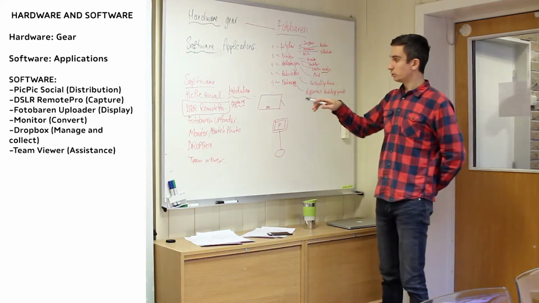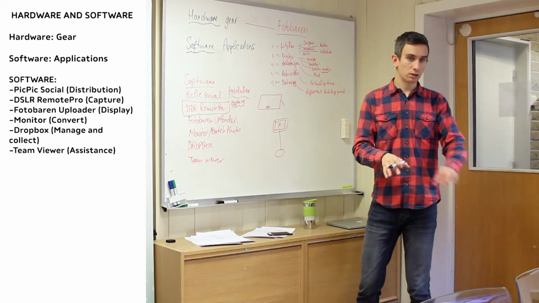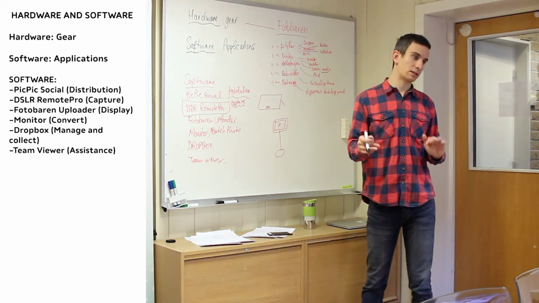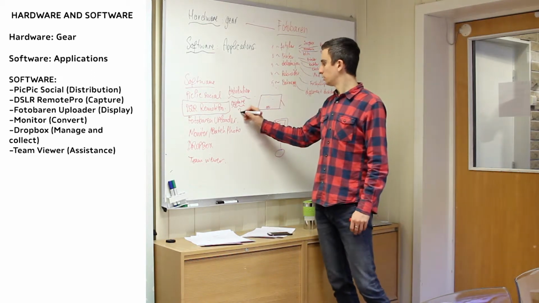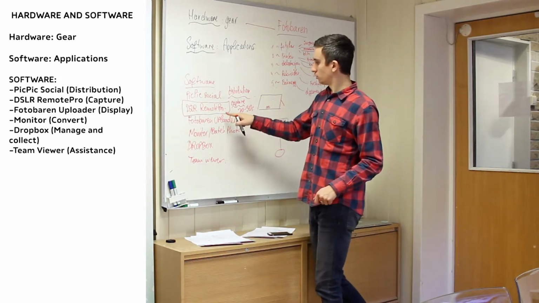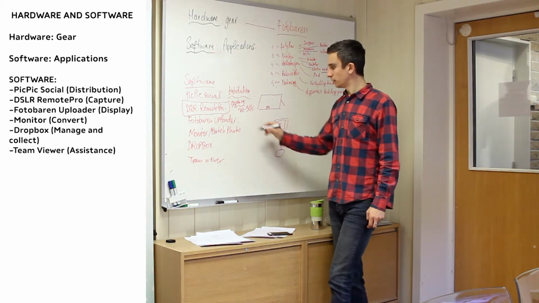So when we take a picture, this is a question you often get from clients: oh, my photos are not showing up. It usually takes 20 seconds, 30 seconds for the images to show up on the iPad. 20 to 30 seconds is normal. So capturing with DSLR Mode Pro, distributing with PicPic Social,